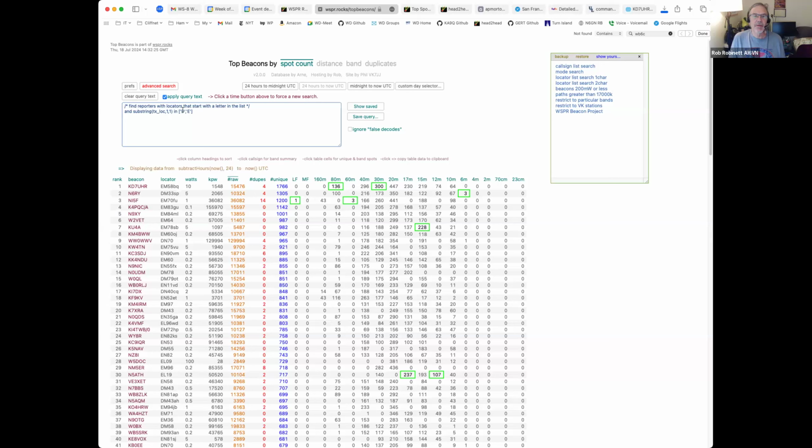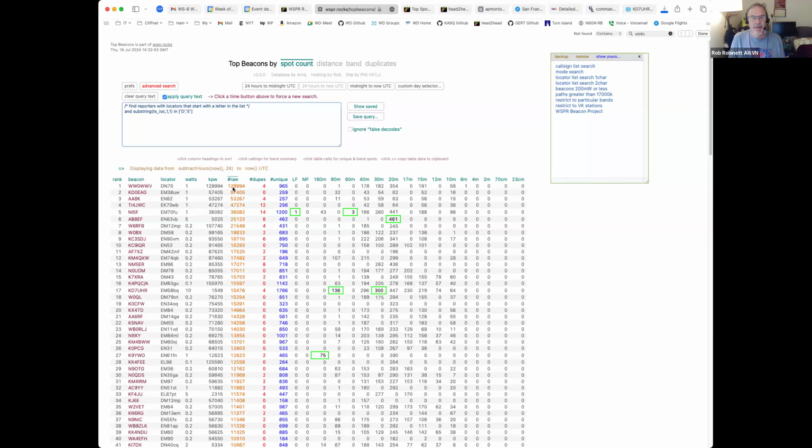The interesting thing here is VK7 has a top beacons page. So here's the top beacons in the last 24 hours, but I'm just looking at the ones in North America. This is being sorted by the number of different stations that reported the station, and you're hardly in the top there. But if you sort by the number of raw reports, you got almost 130,000 reports of your transmission in less than 24 hours. Wow. So I think the antenna is working. Yes, it's working very well.